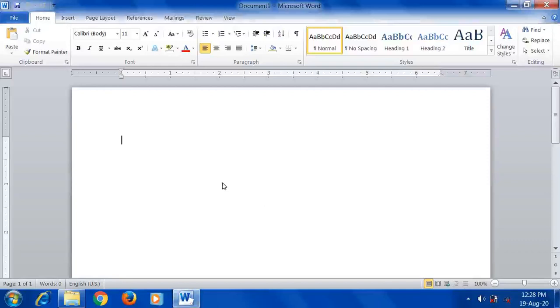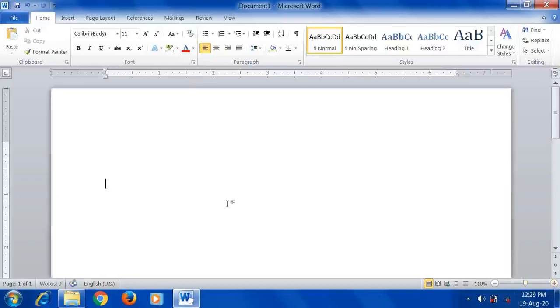For example, if you have some text in Word and you want to convert that text into a table form, let us see that. So let me enter the text first. Serial number, items, quantity. Serial number 1, item is printer, quantity is 12. Then serial number 2, keyboards, quantity is 50.